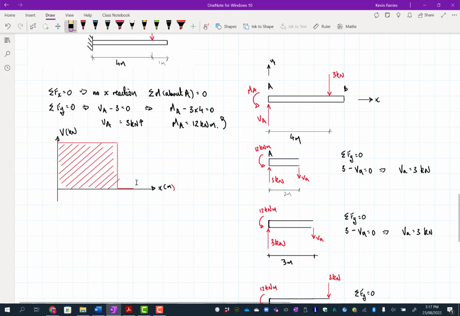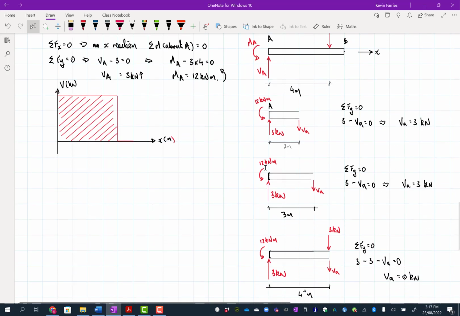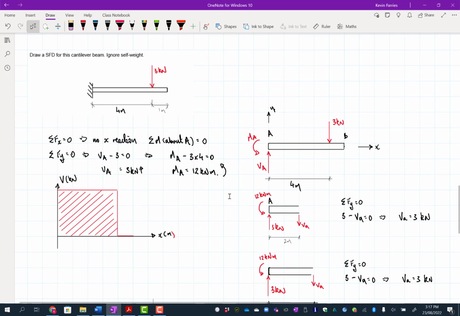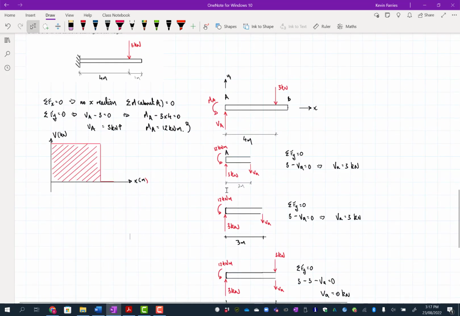That's about it. So let me just see here, just tidying that up. So we could have gone straight to this as soon as we'd figured out the reactions, to be honest. And so you're just starting at this end, you know the reaction's going up 3 kilonewtons, you go up 3 kilonewtons, you keep flat until you got to the force, and then you go back down again. But keep in mind, you have to understand where that's coming from. And so you have to understand this stuff, otherwise you can tie yourself up in knots. That's that one. Let's have a look at